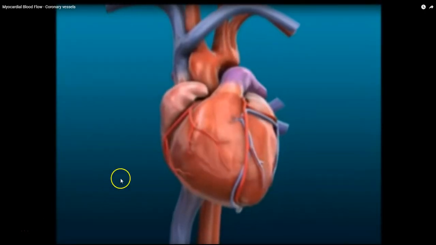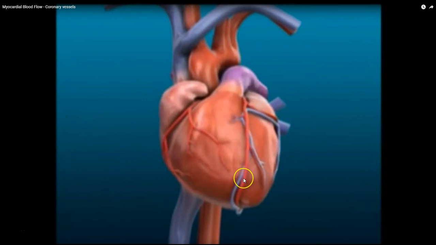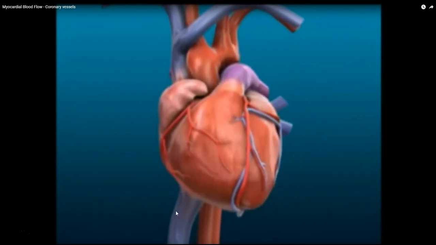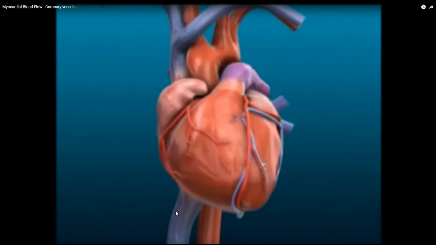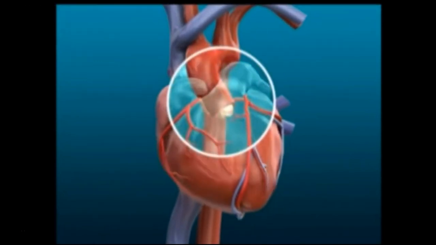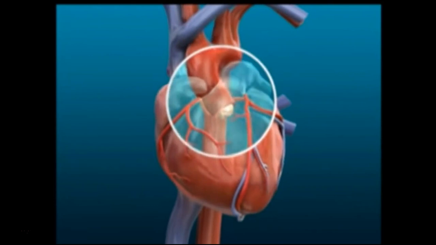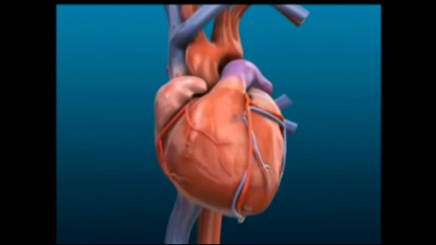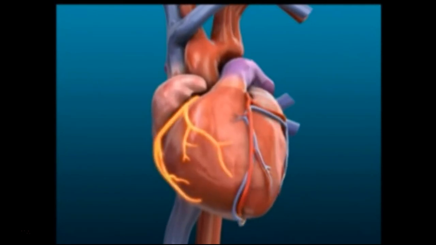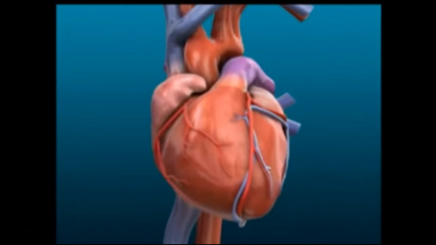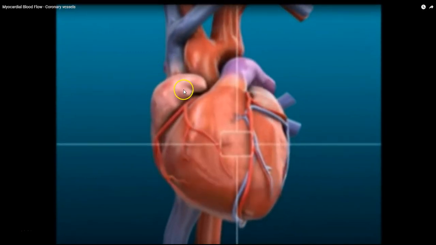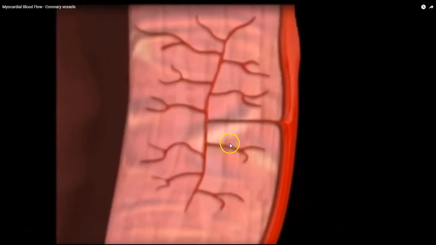showing the coronary arteries in red, which are delivering blood to the heart, and the blue ones here we see are coronary veins, which then take the blood back into the heart once the oxygen and nutrients have been derived. So we can see that branching off at the top of the aorta there and then delivering blood to the heart muscle, and you can see that's what's allowing the muscle to pump effectively with an ongoing contraction right throughout your life cycle. And you can start to see that there are multiple contractions going on here, and this is